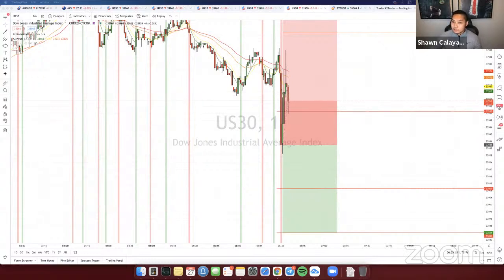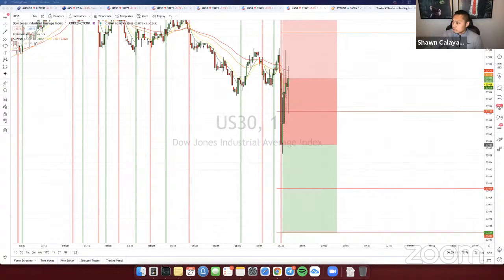I don't really find it to be very accurate because you can skew it to fit what you're looking for. That's what I don't like about it, because you can literally set it to how you want it to look, and then you can set the settings where it'll show what you want to look for. I personally don't like using it. I mean, some people like using it. It does work sometimes, but I think the majority of the time that I see people use it, it's being used incorrectly. So I don't really use it very much.